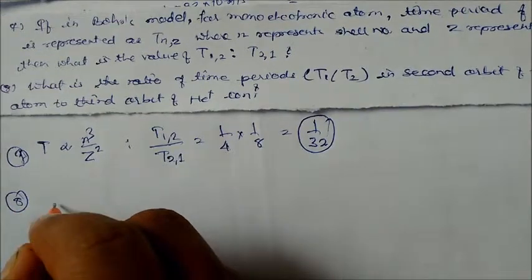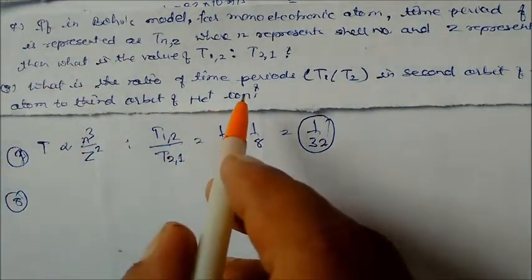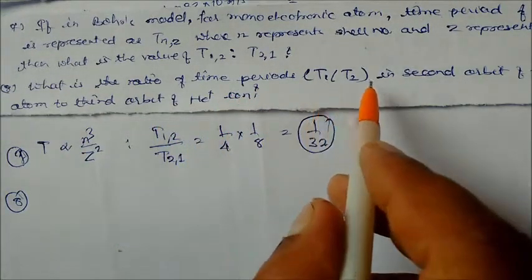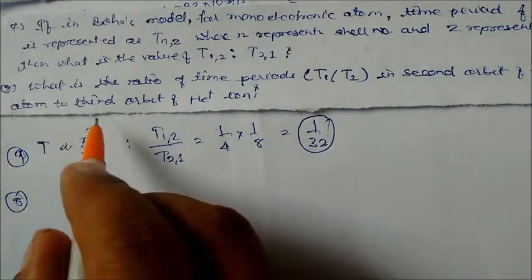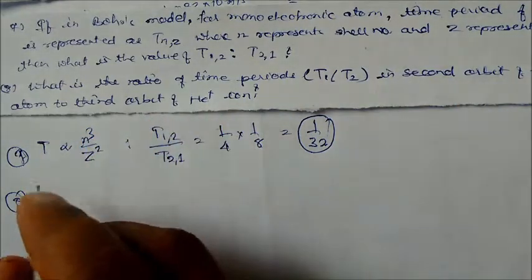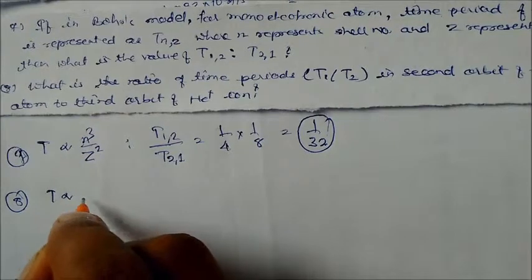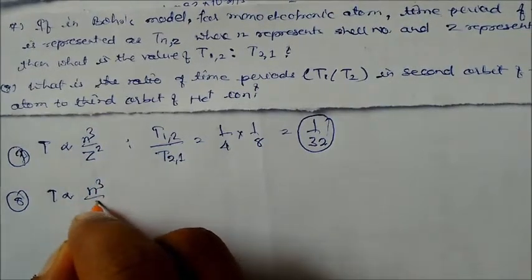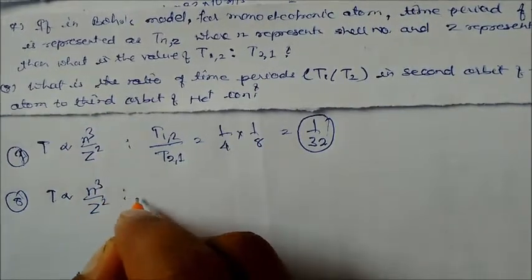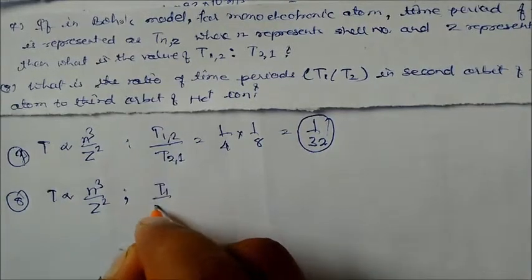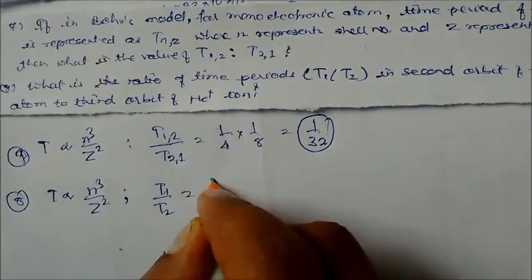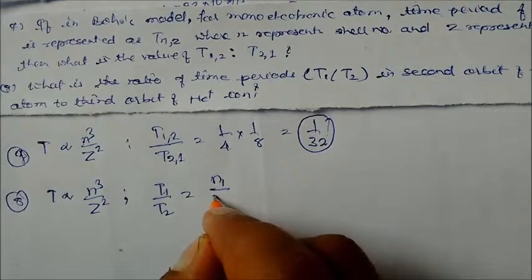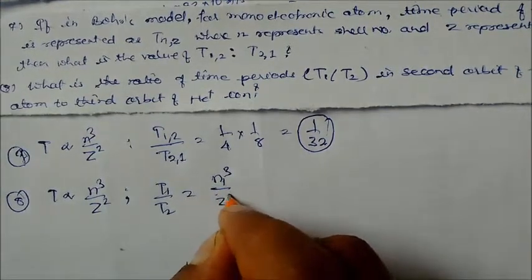Now come to question number 8. What is the ratio of time period T1 by T2 in the second orbit of hydrogen atom to the third orbit of helium atom? Again we can use the same relation, T is proportional to n cube by Z square. So here T1 by T2 will be equal to n1 cube by Z1 square